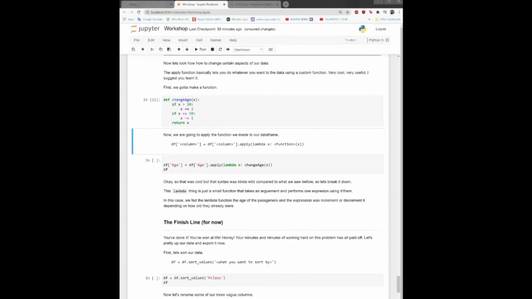Now we can apply that function to the age column. I set the age column equal to the age column after I apply the change age function. Does that make sense? This lambda x just generally means that it's a single